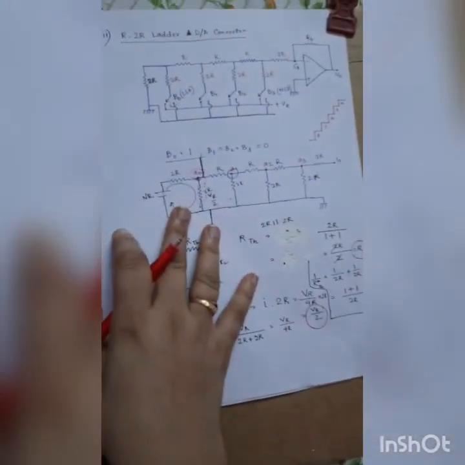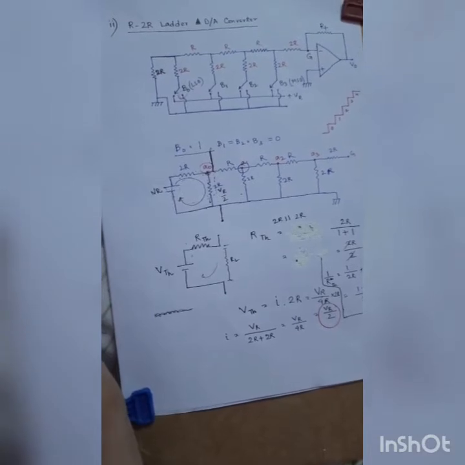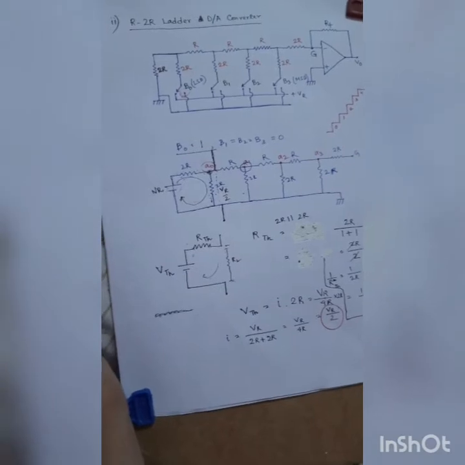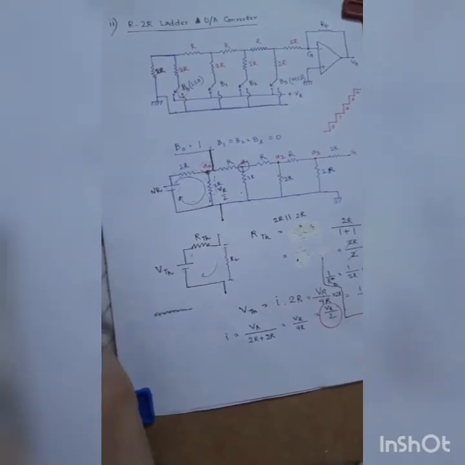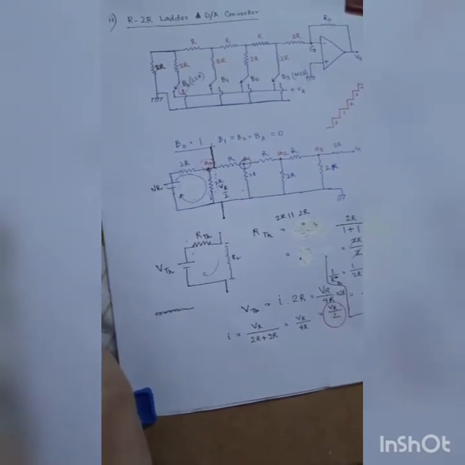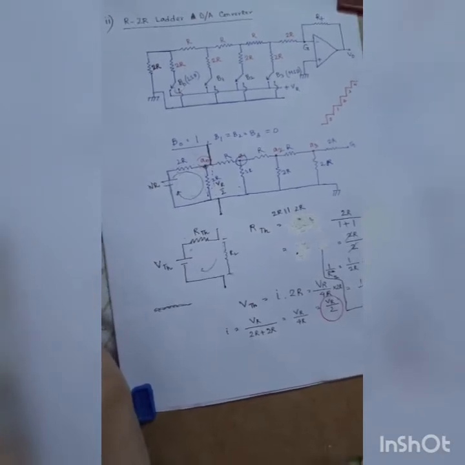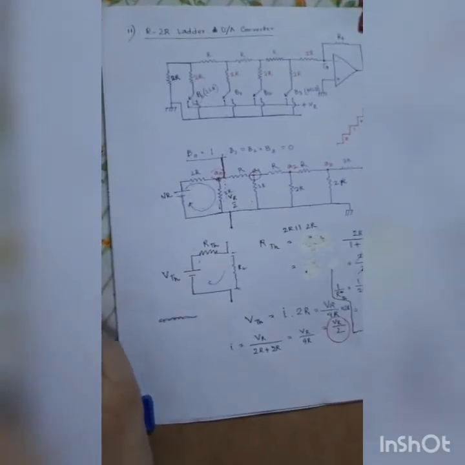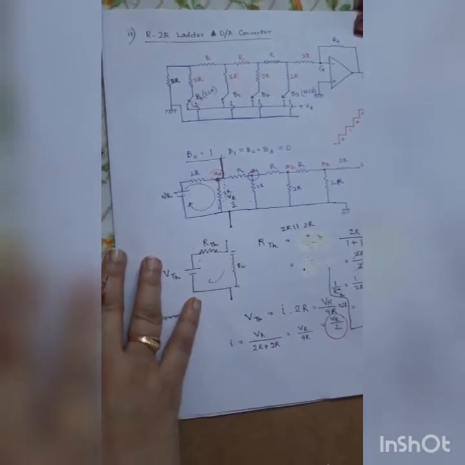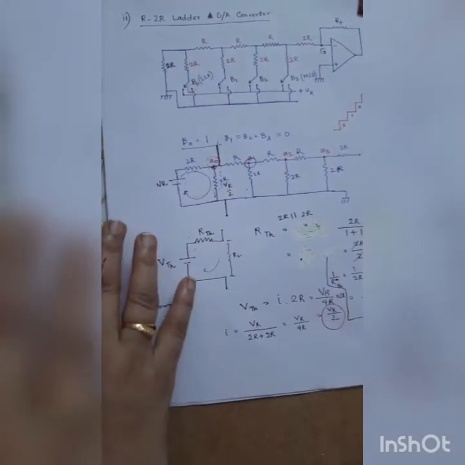Today again we will go through the video lectures for the next method of DA conversion, that is the R to R ladder method. As the weighted resistor method has some limitation, according to the name weighted resistor, for each bit position, according to the weight of that bit position, the resistances are given.